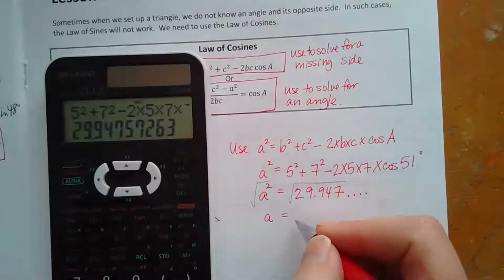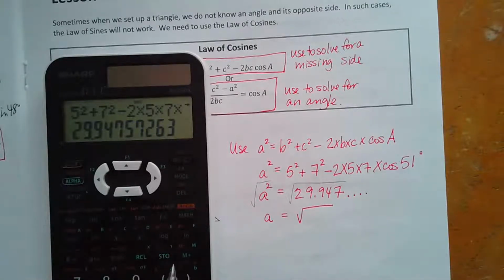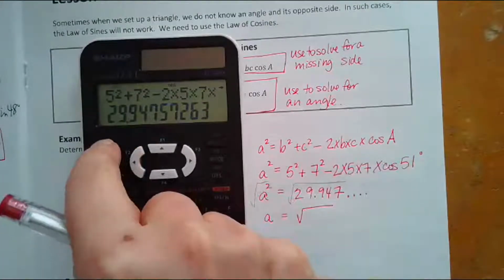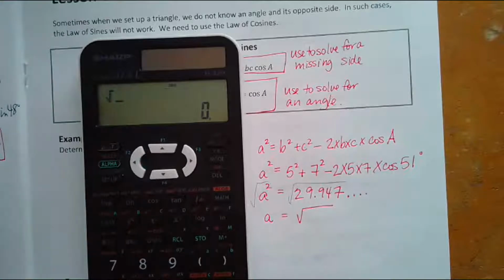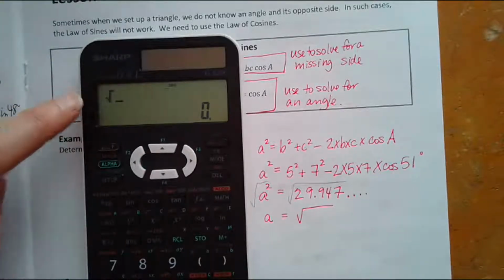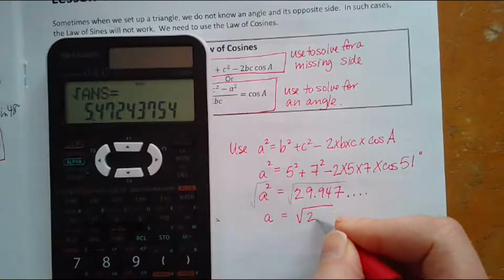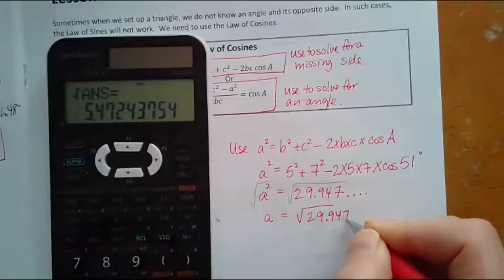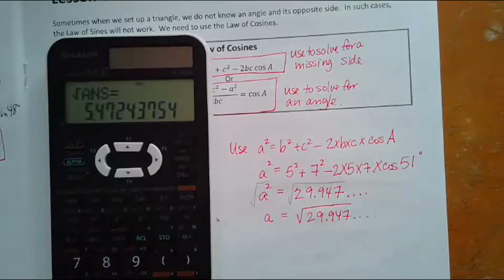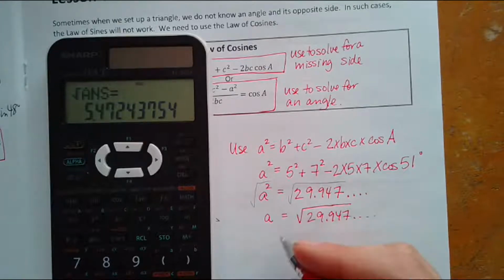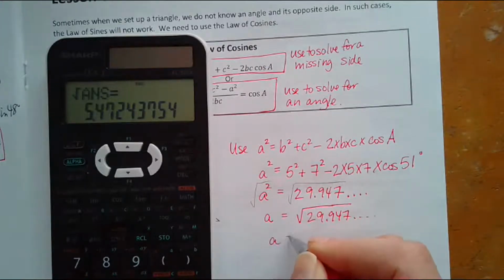So I'm just going to press in my calculator. All I should have to do is press the square root button. My square root button is the X squared button, so I have to press the second row. So for me, all I have to do is square root, and it remembered my answer, and I press equals. And if that's too complicated or your calculator doesn't work nicely, you could just write this number out on a piece of paper and then do the very last square root. So A equals